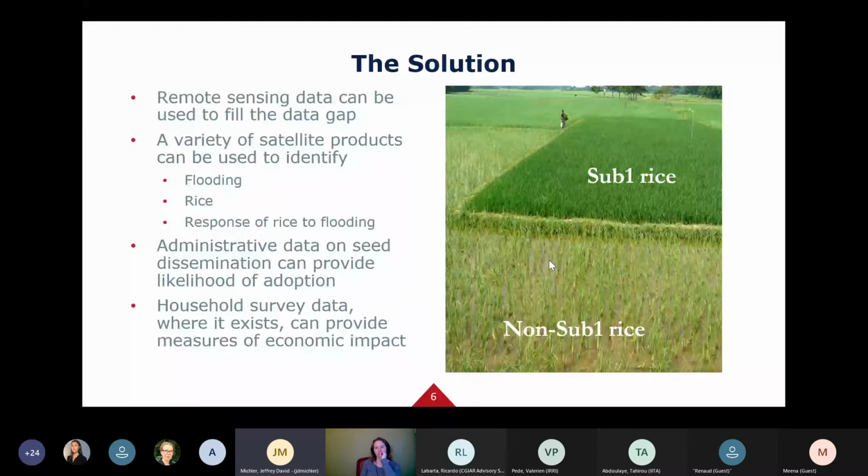So if it floods, does the rice grow or does the rice die? We can combine that sort of data with administrative data from STRASA and other places about the distribution of seeds. And so we can use the distribution of seeds in certain areas